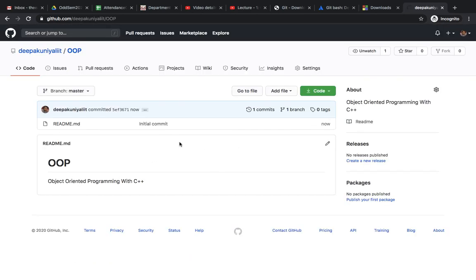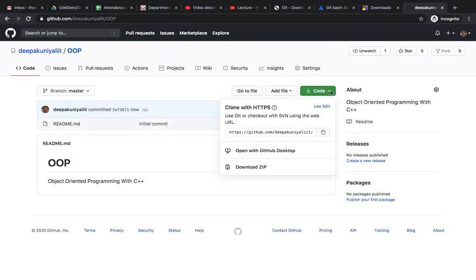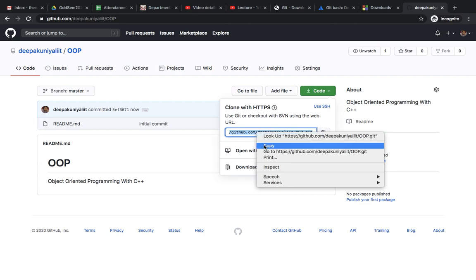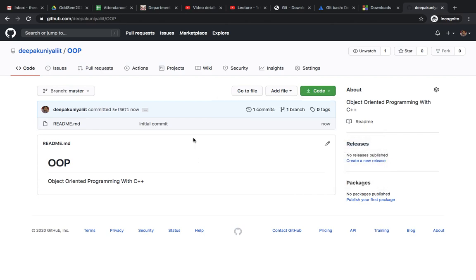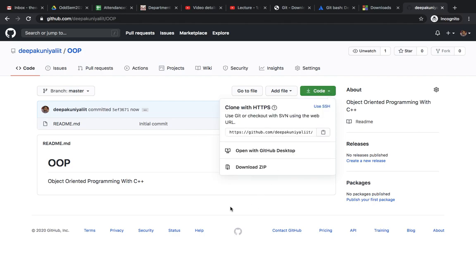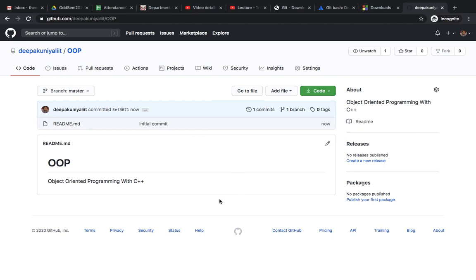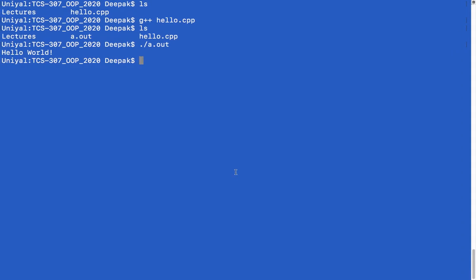What I have to do, you can go to this thing code, and here you have to click it, and this thing will be copied, right? Or you can just press here and copy from here, right? So now you can put all this code, whatever I have written here, it's not much, it's just one file readme, but you can clone all these things in your system, right, on your local system. Just try that.